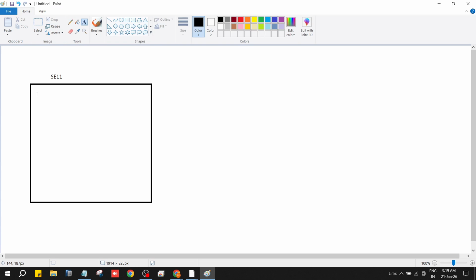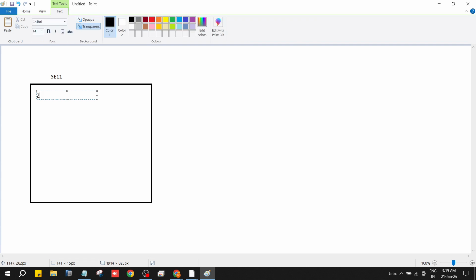Let us take the flat structure first. What is a flat structure? This is my flat structure, right? In this flat structure, I have only three fields. Yes, first name, middle name,